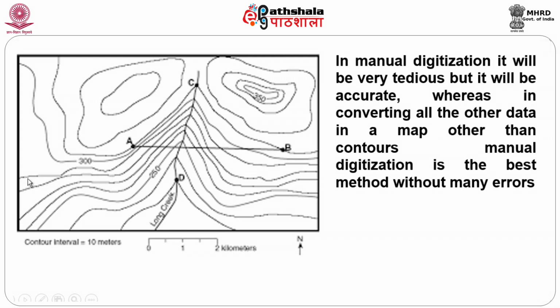So, this can be digitized like this. Start from here, one click here, one click here, one click here, and with just 2-3 clicks you can finish. Then it will become more like a box rather than a contour line. A contour line is a very smooth one, but though it is tedious, it will be very accurate. So that is the reason, depending upon the application, depending upon the requirement, we use either semi-automatic or manual.